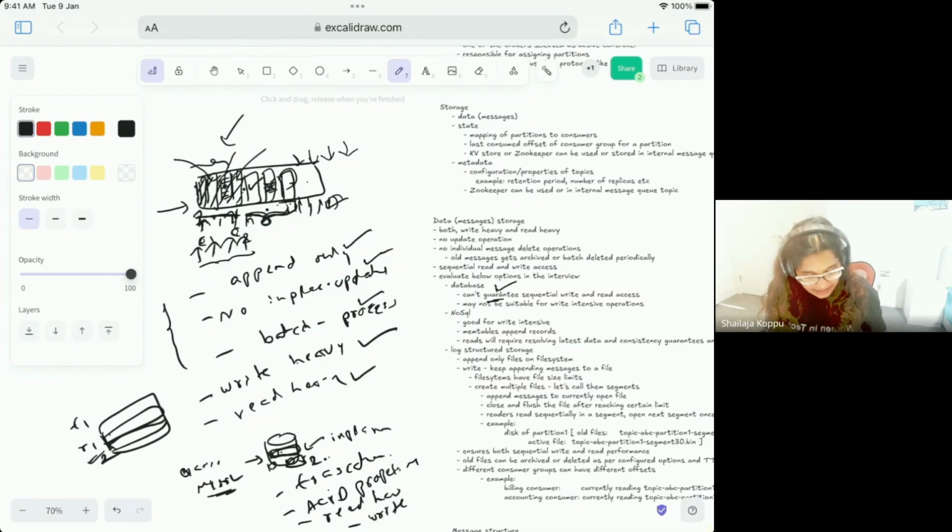So the internal design of a typical database is not suitable for sequential writes and sequential reads. It's more tuned towards supporting in-place writes, in-place deletes, and ACID properties.